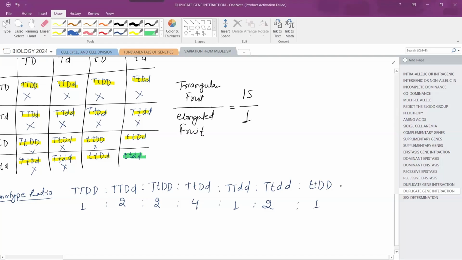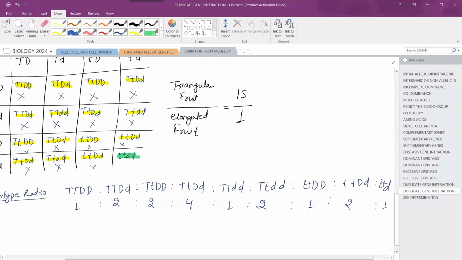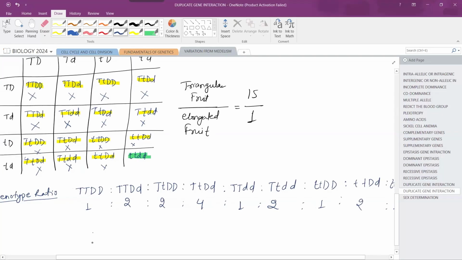Next, 2, 2. So if we arrange that, we can get 1, 2, and this one is here, 4, and this one is okay. 1, 2, 2, 4, 2, 1, 2, 1,